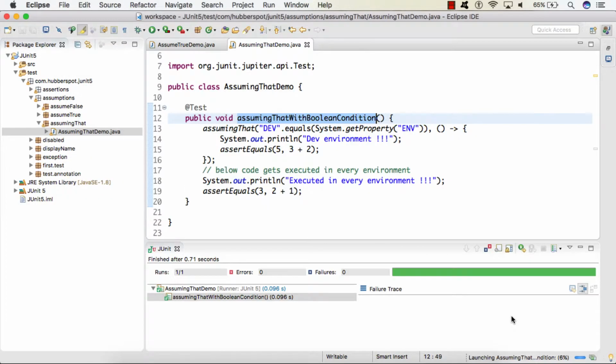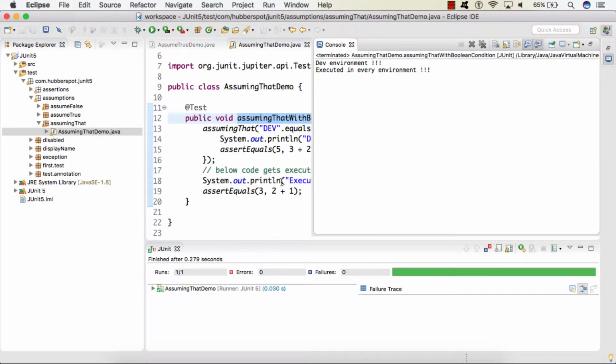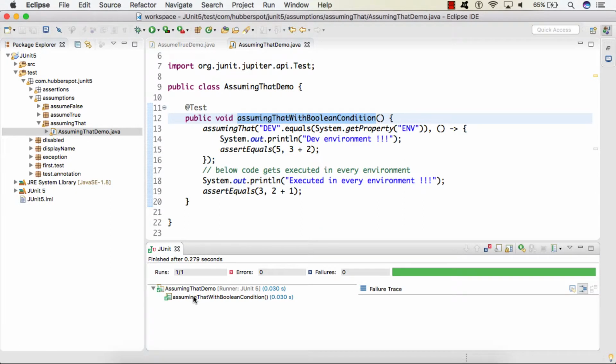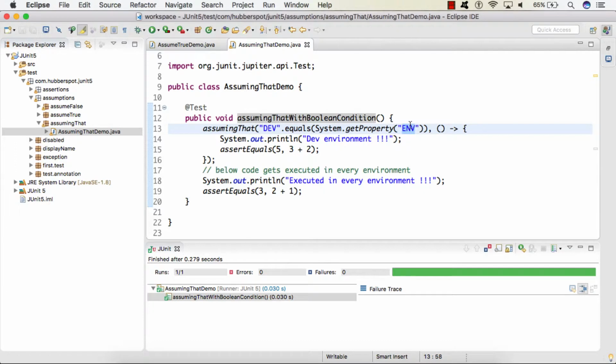And if I run this test case now, here you can see the test case got executed successfully. It didn't skip the test case, as it did in the assumeTrue and assumeFalse methods. It did execute the test case. The only thing it skipped was the executable when we ran it without an environment property.